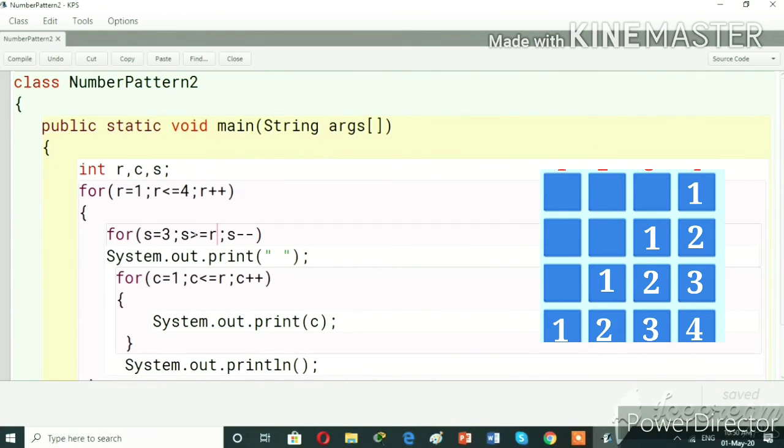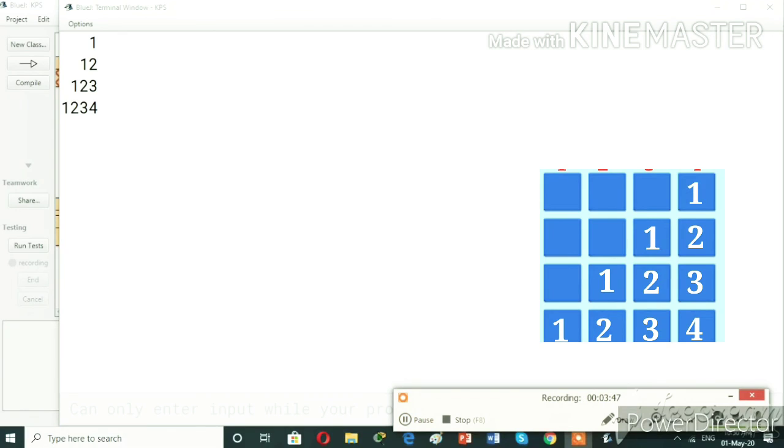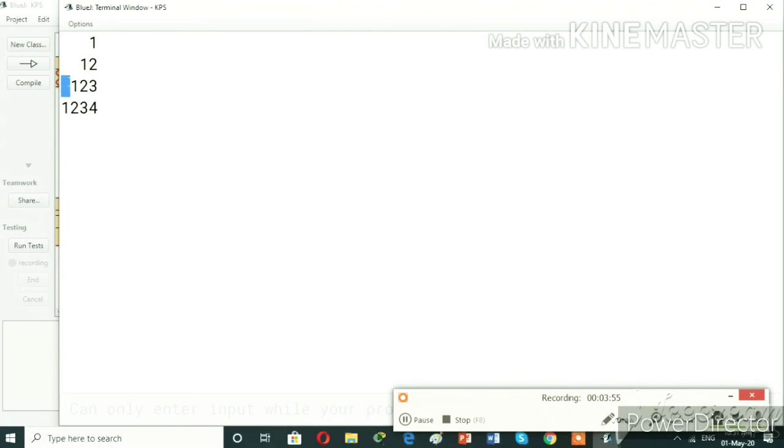When the row is 1, this loop will go 3 2 1. When the row is 2, it will go 3 2. So compile this program and check the output. Here you can see the output: on the right side, the first line has 3 spaces, then 2 spaces, then 1 space.